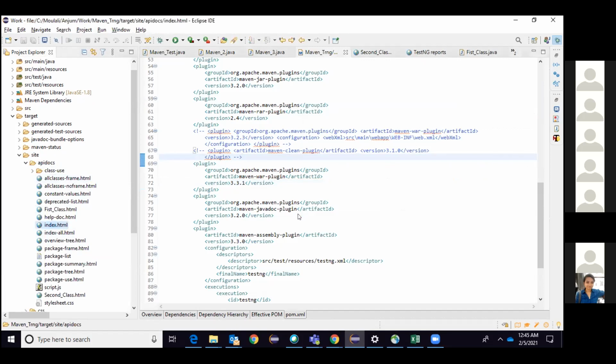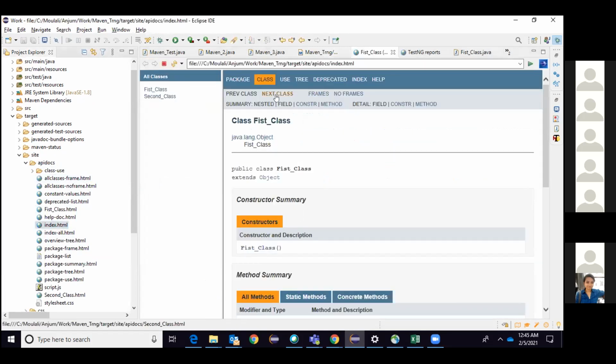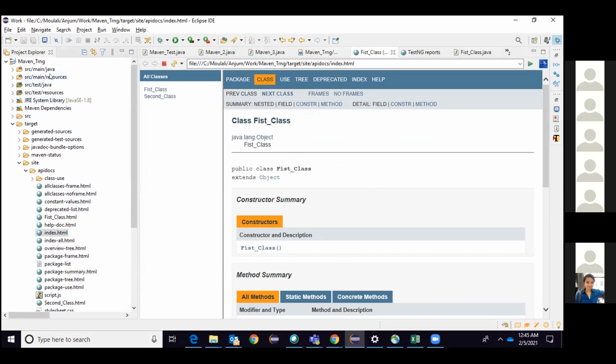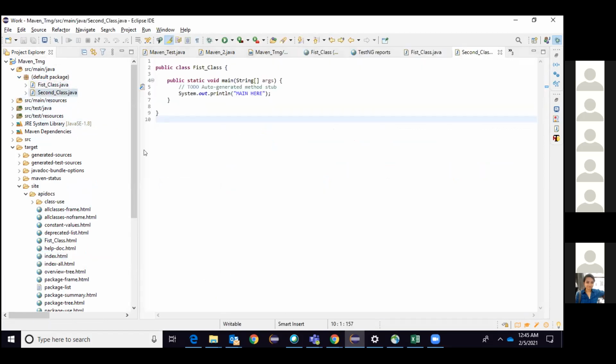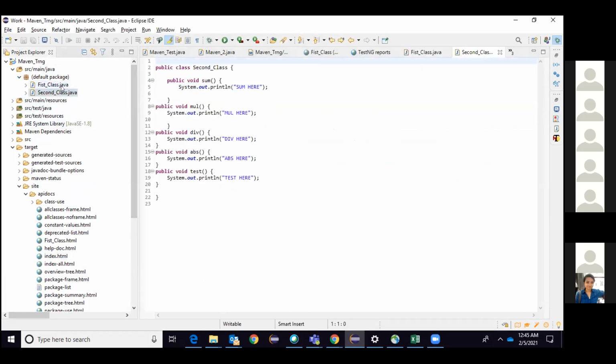If you see this apidocs, it will give you the information of my class files from source main java. It will not tell about anything else. It will tell you about your classes, meaning this is my development environment where I developed my first class and my second class, and they have different methods.